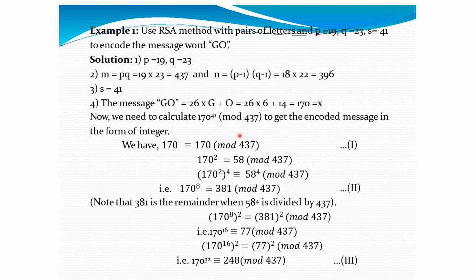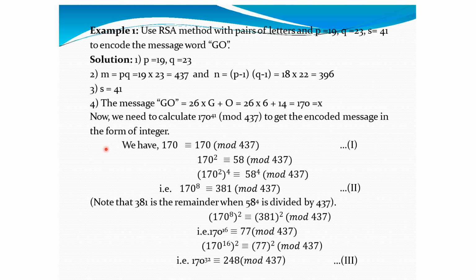Now 170 raised to 41 is a very big number which we cannot even calculate on our calculator. So to find the remainder when 170 raised to 41 is divided by 437, we calculate it by using congruence